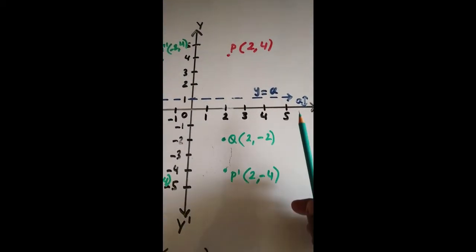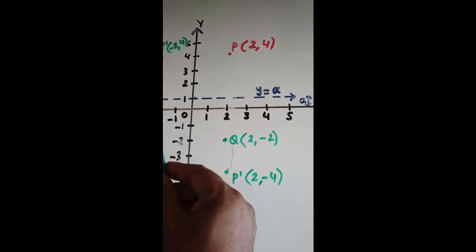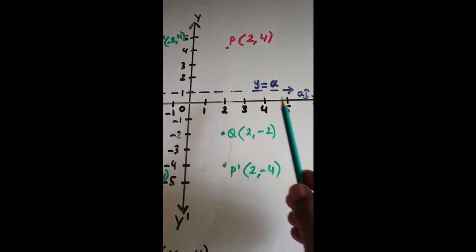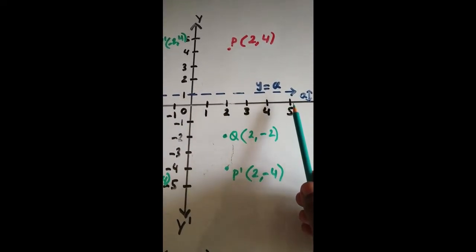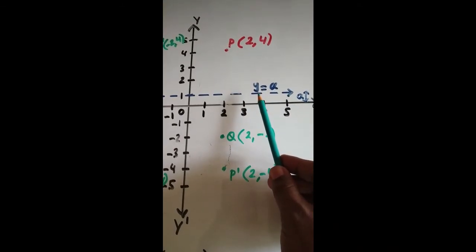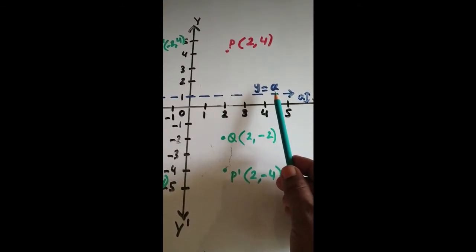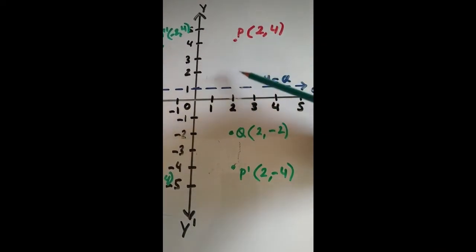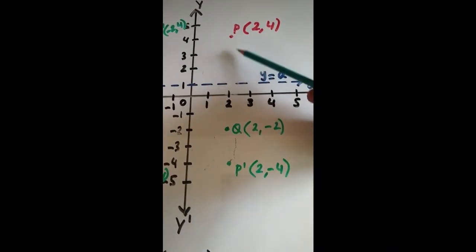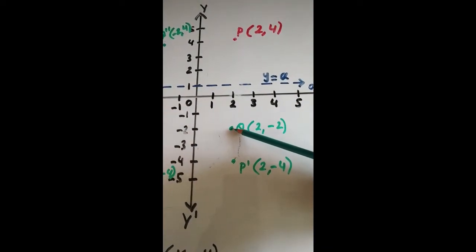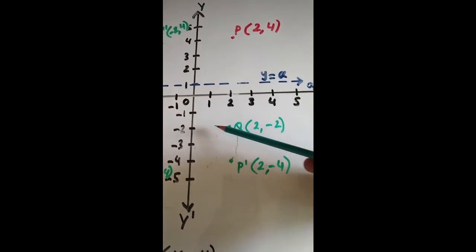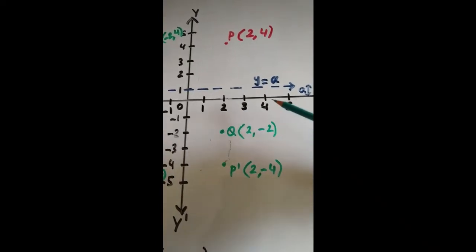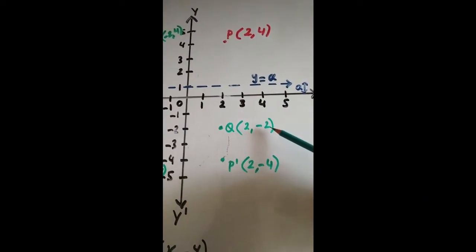Now we will be reflecting it on a line which is parallel to the x-axis. This line is parallel to the x-axis and it is at a distance a from the x-axis. So the equation of that line will be written as y equals a. So now this point P will be reflected on this line. So I will get the image, as object distance equals image distance, at this point Q. So Q has x value 2 here and y value -2. So I get (2, -2). So by looking at this graph, I can mark it as (2, -2).